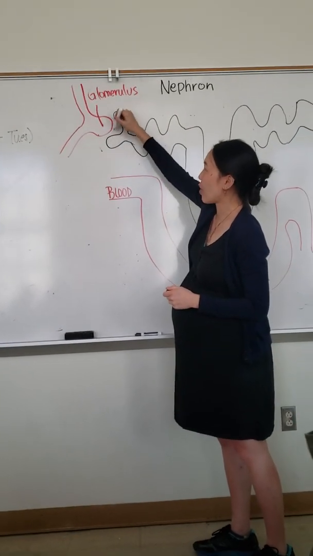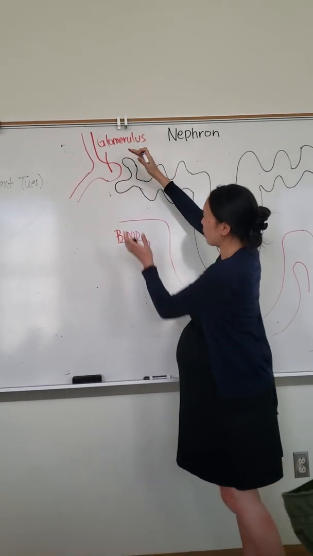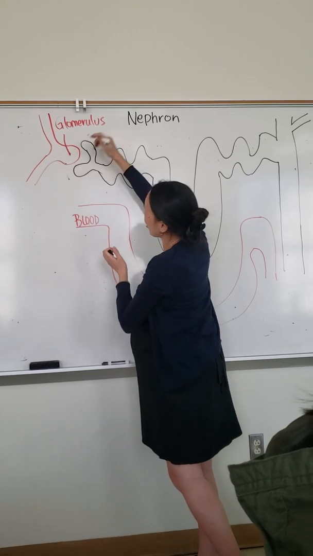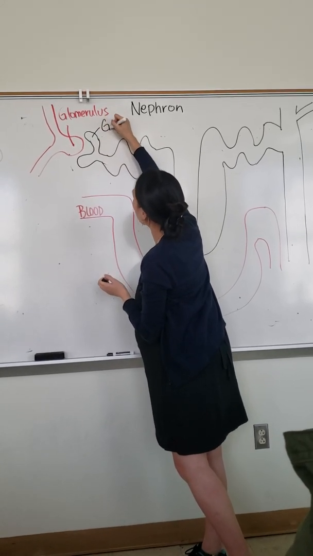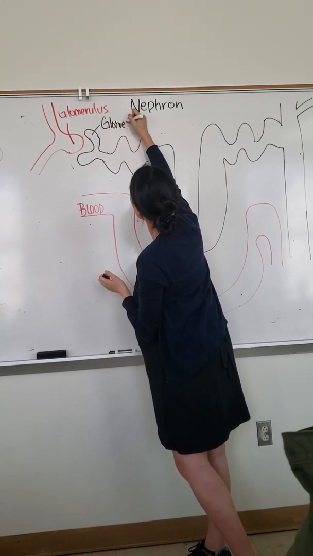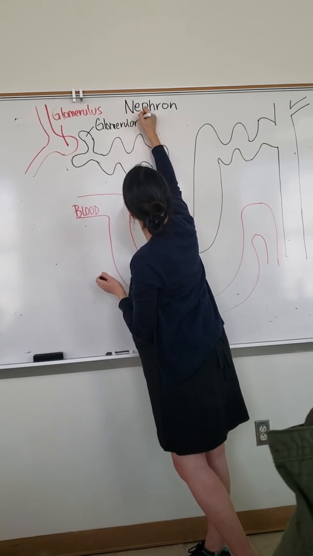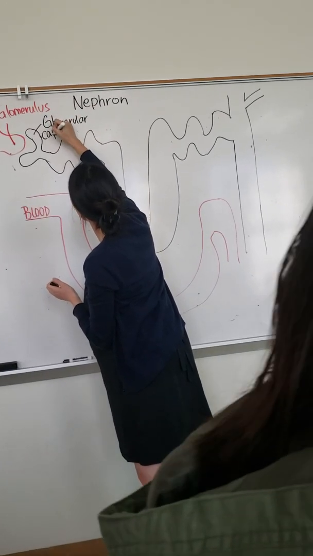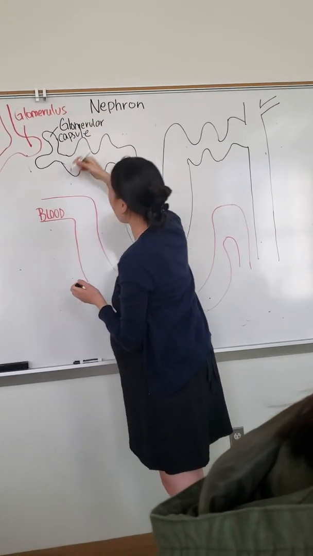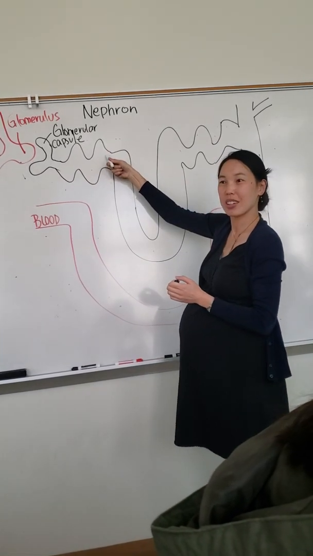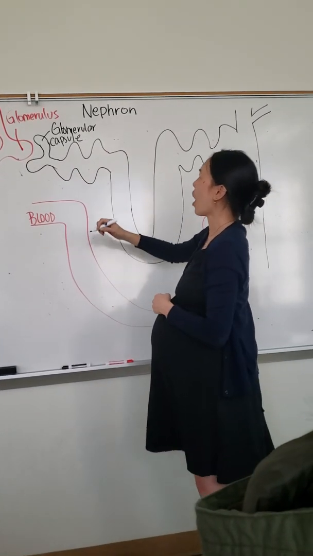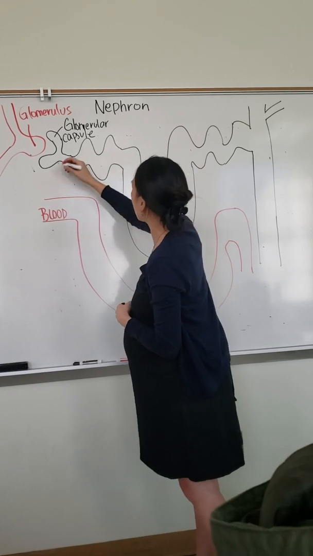The capsule is going to be right around the glomerulus. Almost think of it as a cup, and then the glomerulus goes into it. So here's the capsule. And then what's this first part called? Proximal convoluted tubule. So I'll just label it right here,